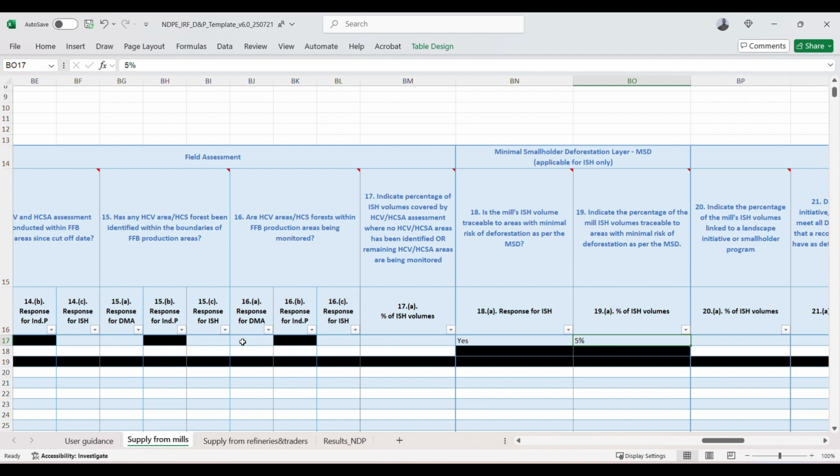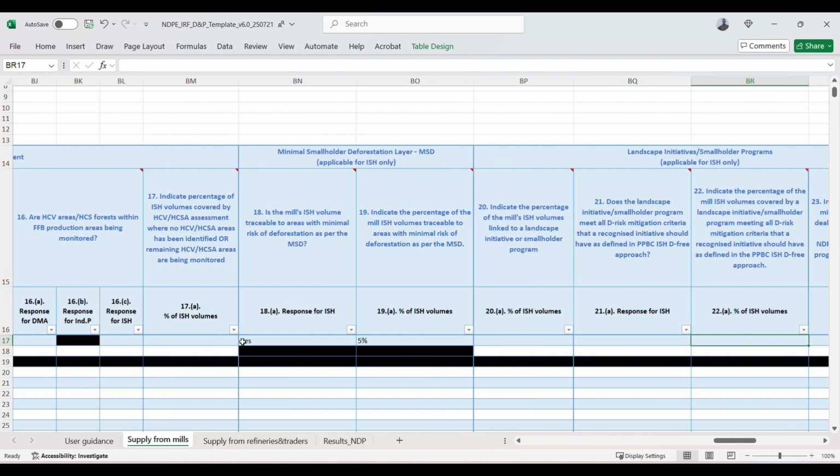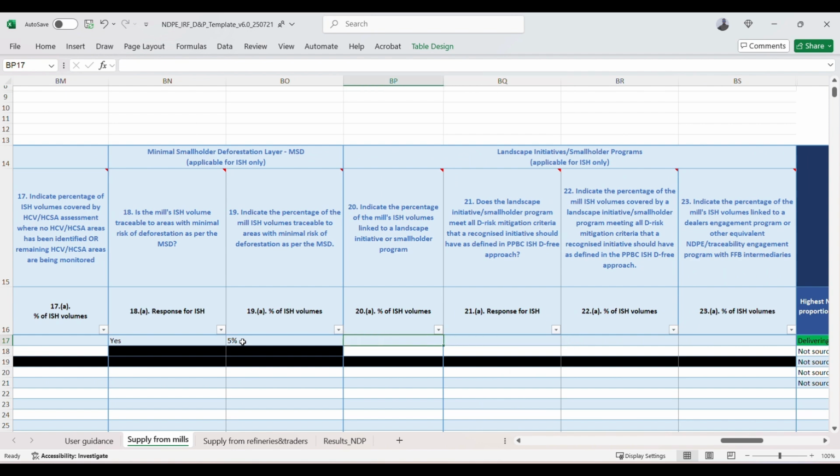If you had a value higher than 5%, there would be overlapping areas. That's very important. This means that for the following questions on the landscape initiatives and smallholder programs, you could only actually put in 0%. So I'm going to change this up a bit so we can show an example of why